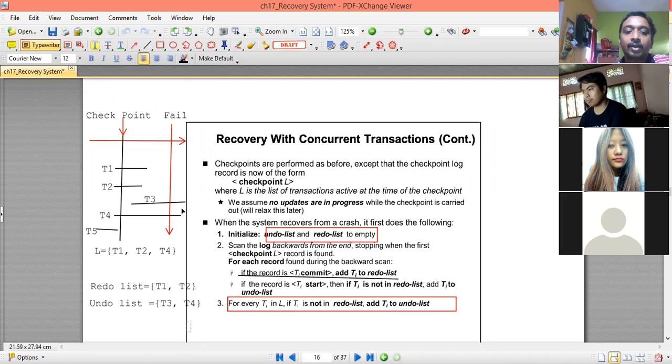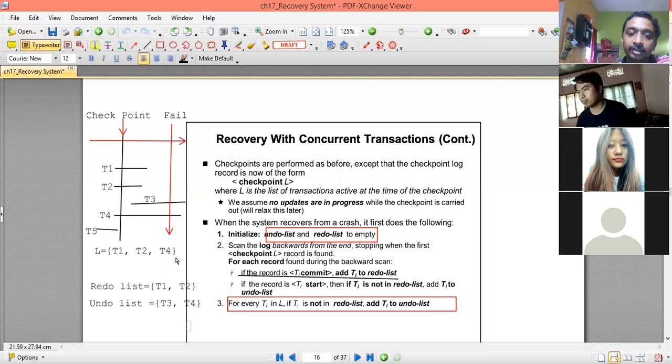Once these first and second steps are over, for every transaction in the active list L, we check if any transaction is not in the redo list, and then we add it to the undo list.